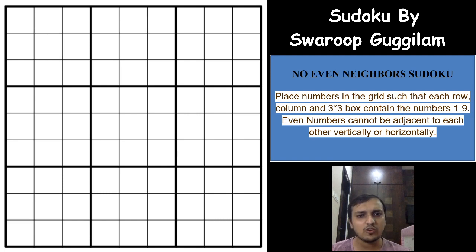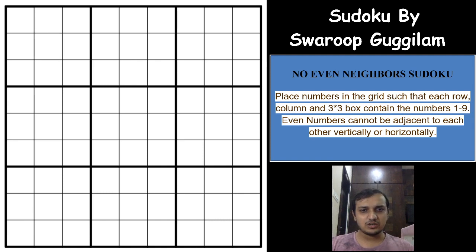You will have a contradiction immediately, and in one of the cases I didn't have any contradiction even after placing the odd digits. I placed all the even digits in the grid and still I couldn't find any contradiction. But after which I found a flaw in the design which I came across, and then it immediately gave a contradiction. So just stay tuned and watch the whole video for the explanation of the trick.